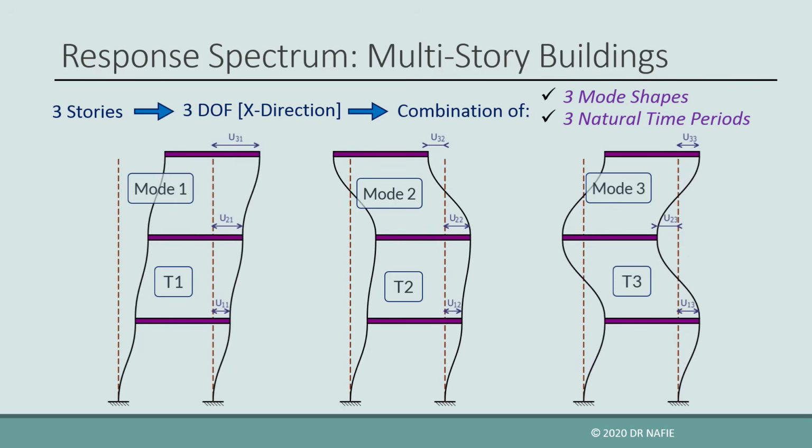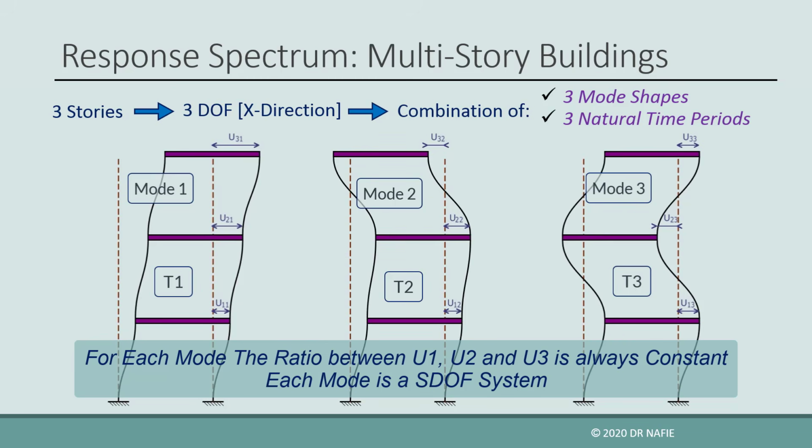In each mode shape, there is a definite relation between the displacements at the different stories, U1, U2, and U3. In other words, the 3 displacements are not independent of one another. If one displacement is known, the other 2 displacements will be automatically evaluated. So when the structure is vibrating in a certain mode shape, in effect, it is acting as a single degree